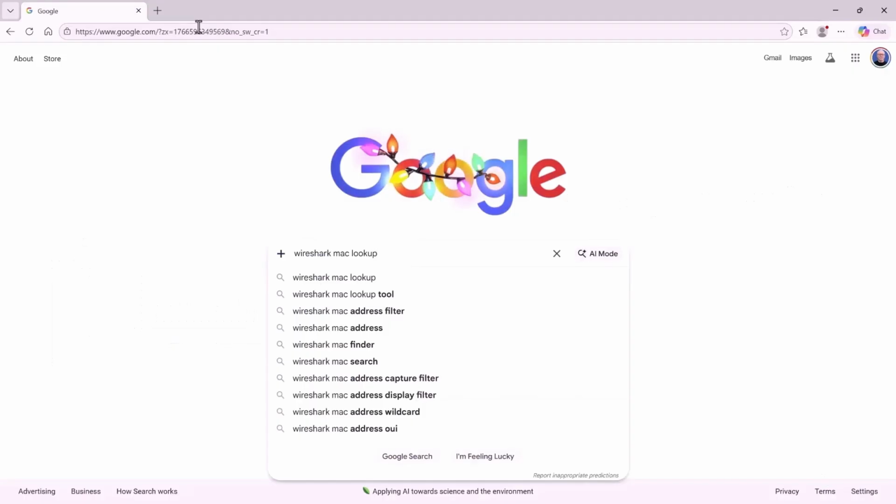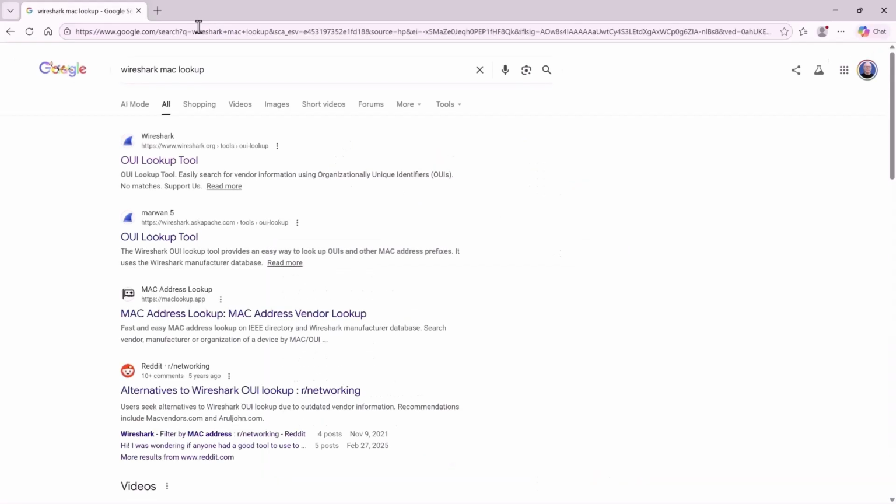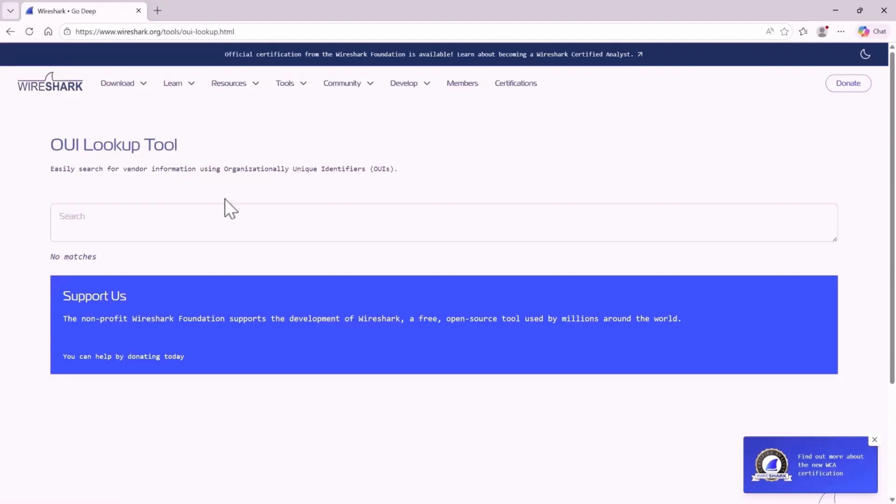And this is how I find it. So I just go to Google, do Wireshark MAC lookup, or you can do something like ARP lookup. You get the idea. So Wireshark MAC lookup, right? It's going to pull up, and you can see I've been there a million times, the OUI lookup tool. Right? So the OUI sort of stands for